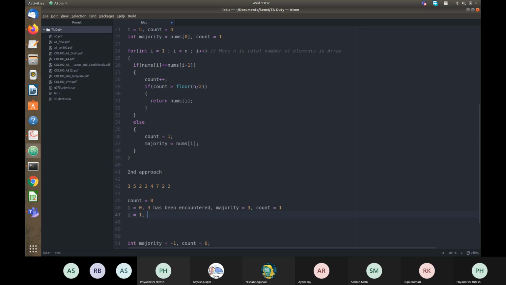And now there comes the 5. What was our majority element? 3. And the element that we have encountered right now is 5. So is 5 equal to 3? No, definitely not. So we will not assume 5 to be the majority element, because the value of count is 1. Okay. So what we'll do is count plus equals,